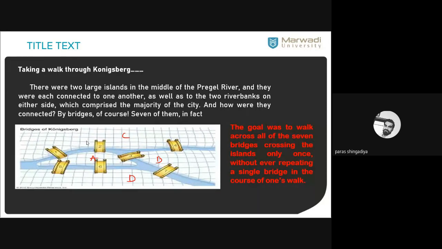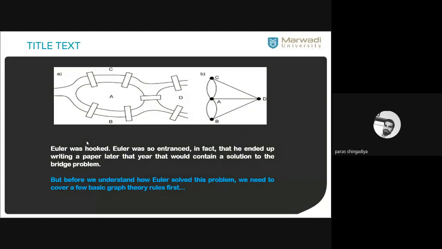if you convert this situation to a graph, then from the graph we can easily understand whether this required walk is possible or not. So Euler converted this situation to a graph view. That is the 2D picture of the Konigsberg bridge problem, and here in this B is the graph of this picture. Now we can create this graph. There are four points: A, C, B and D.